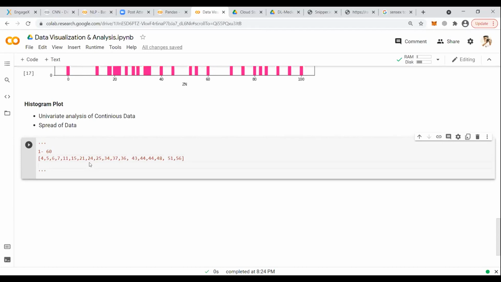So between 1 to 10, now I will decide how many bins I want.